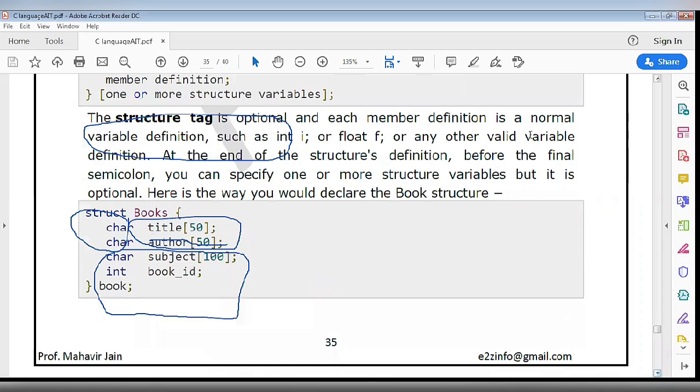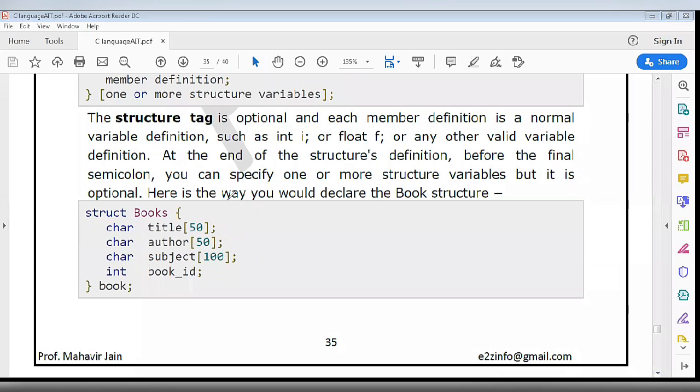For example, here we are declaring a structure for the books. First we have to use the struct keyword, then we have to use books as the name of the structure.